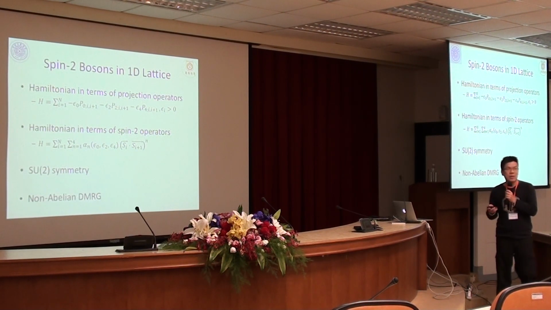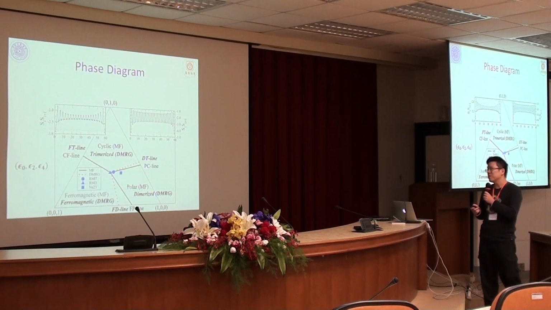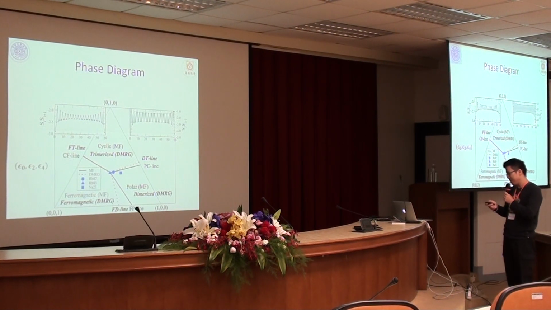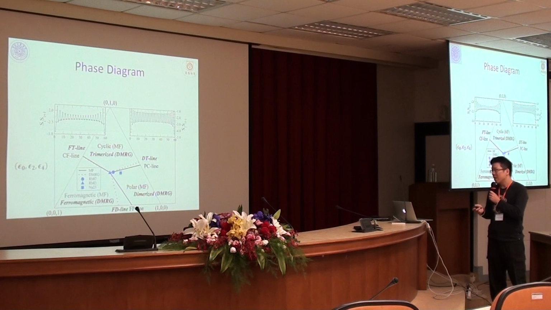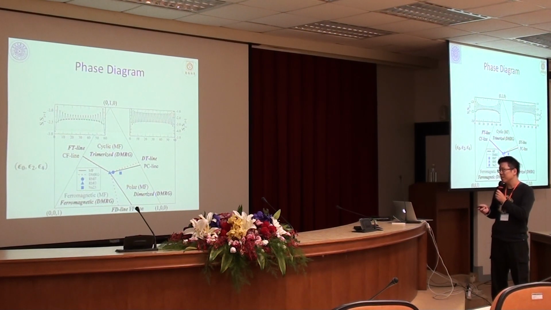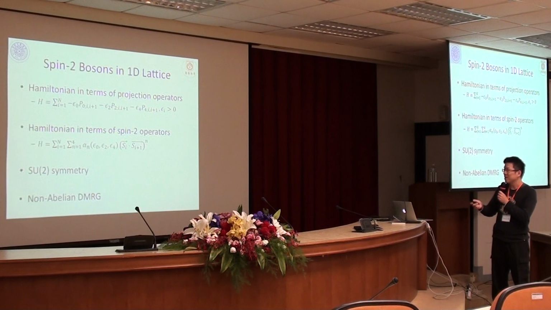Okay. So first, we show the phase diagram we obtained. So this was in 2012. Okay, so you can get the mean field diagram. So I want to explain this triangle first. These three numbers are basically epsilon 0, epsilon 2, and epsilon 4. Okay, so basically you have this, and you have an overall normalization factor.